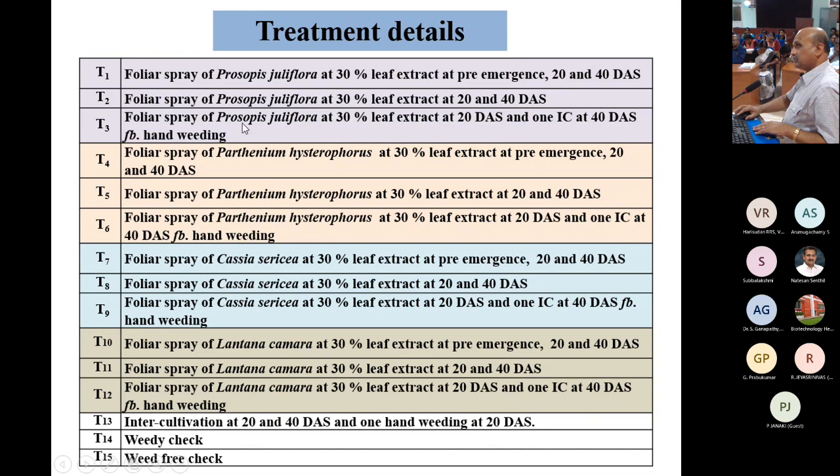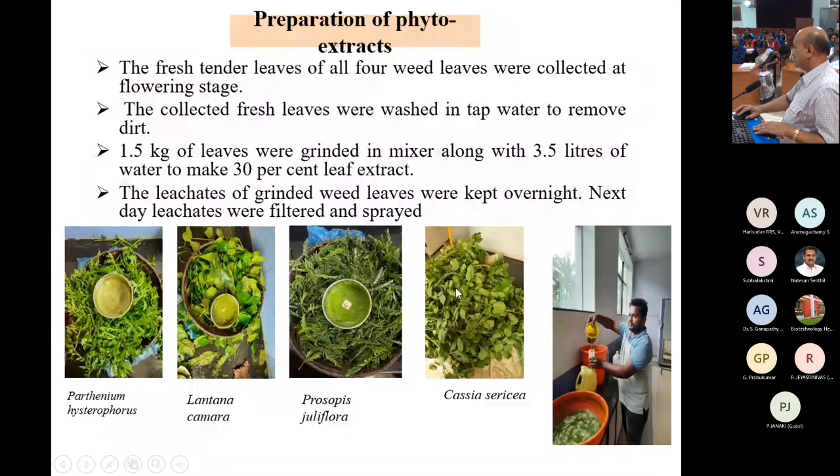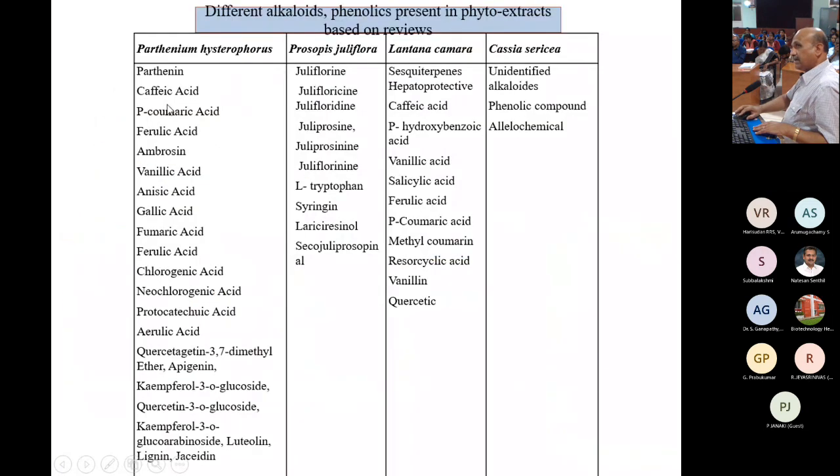Here we have gone for the extraction of these leaves. These extracts are used in order to control weeds, and the different alkaloids and phenolics present in the phytoextracts are given based on reviews. Here you can see Parthenium hysterophorus has a greater number of alkaloids compared to Prosopis juliflora, Lantana camara or Cassia serratia. So looking at these alkaloids, we can say Parthenium hysterophorus can be very well exploited